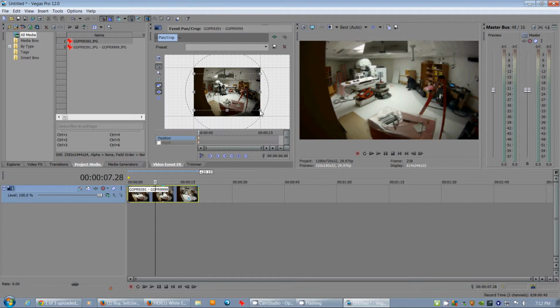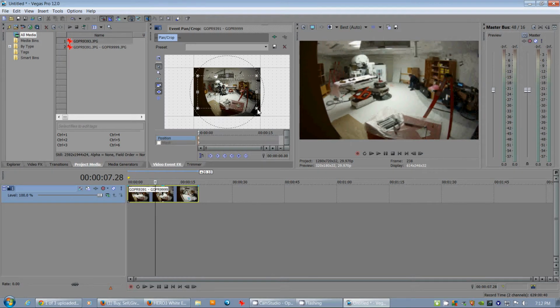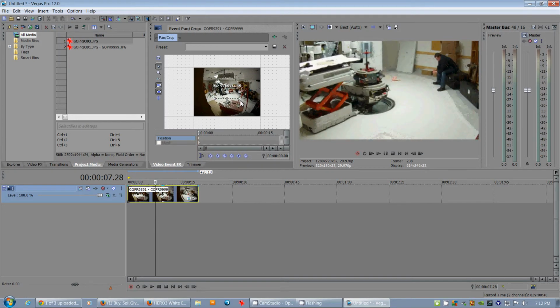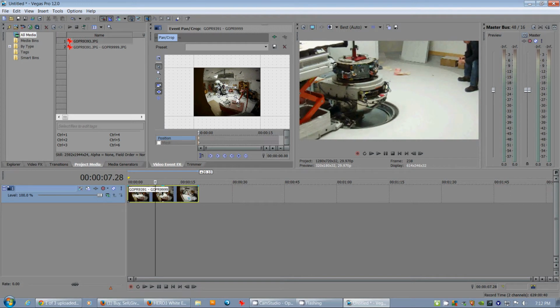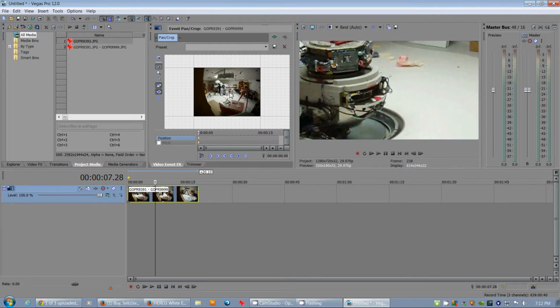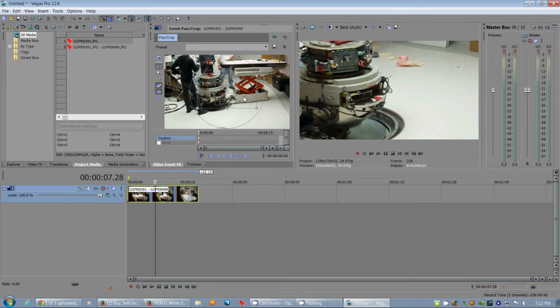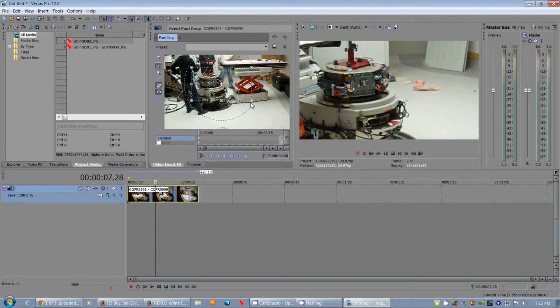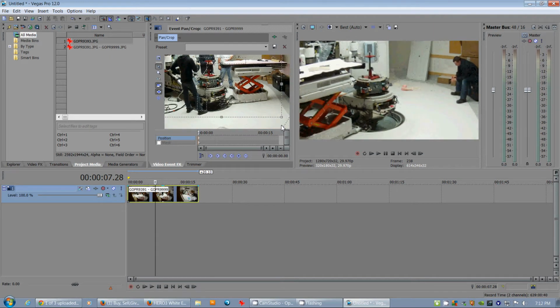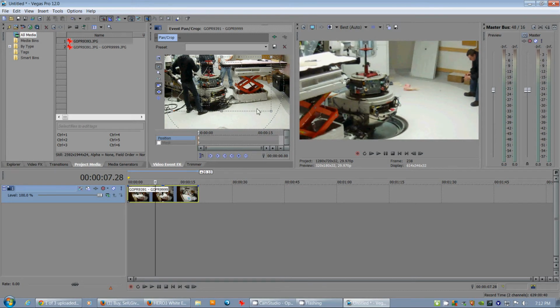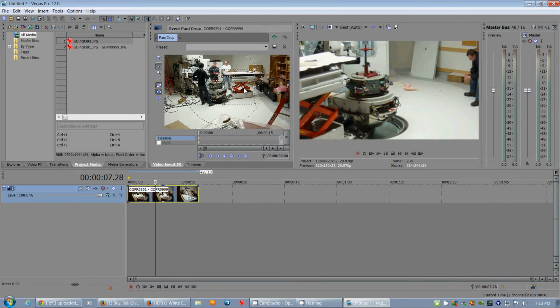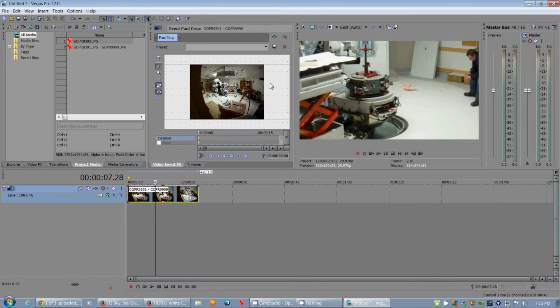And we can zoom way in. Now as you notice, it doesn't lose resolution the further we get in. The reason it doesn't lose resolution is because the original footage was 2500 pixels wide. And remember, 2500 pixels wide, and our project is only 1280 pixels wide. So we can get right in there and not have degradation. That's the really nice part about this